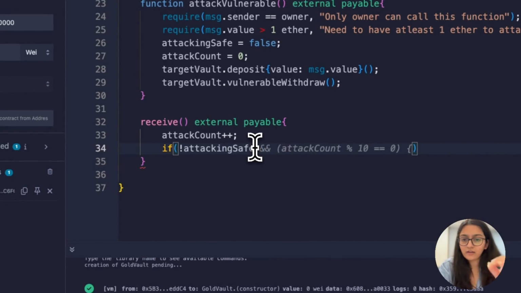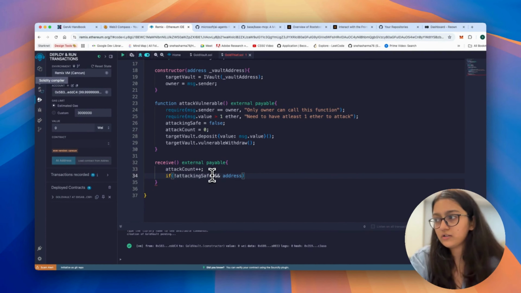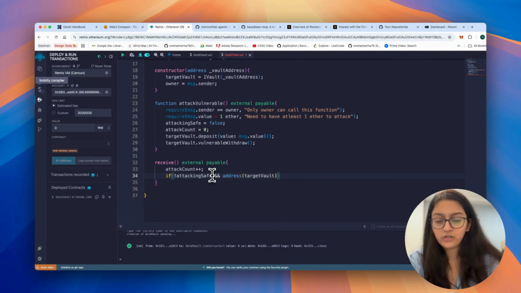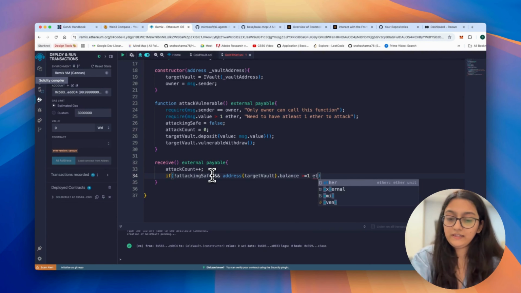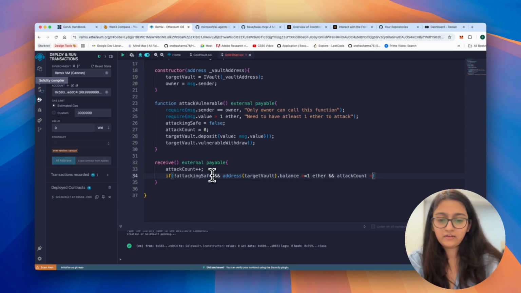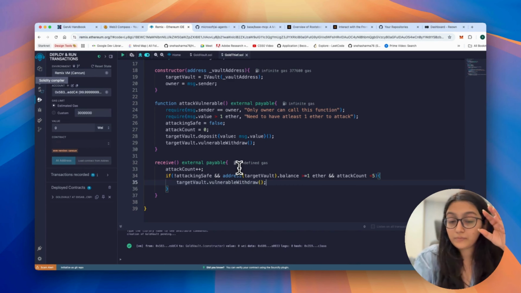Yeah, so we're saying it's the vulnerable attack mode. So we're saying not attacking safe and address of target vault dot balance is greater than or equal to 1 ether and attack count is less than 5. What you have to do is target vault dot vulnerable withdraw. Okay, so if you are in the vulnerable attack mode, we check if the vault still has ETH